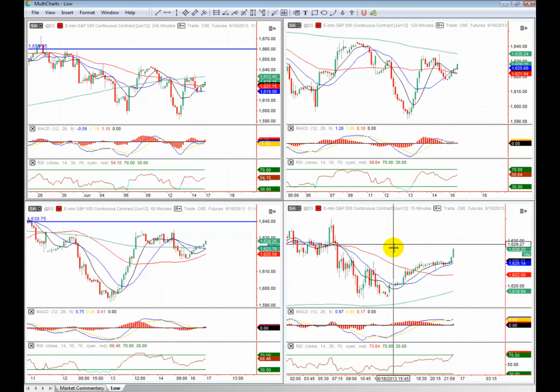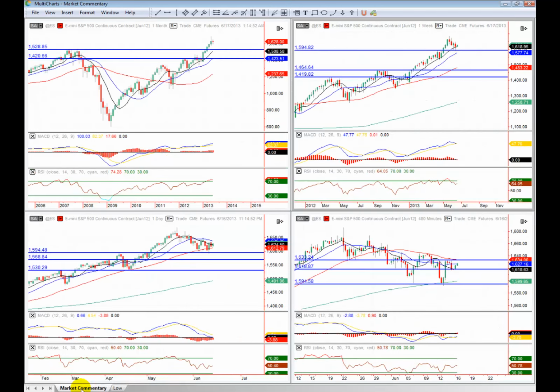I don't think that this congestion here is going to be too much of a problem. I think we're going to be moving back up to the highs, following the weekly chart and the daily chart in terms of getting this trend back online to the upside. So things are looking pretty bullish here for the ES futures, and things look pretty good for the week ahead, unless